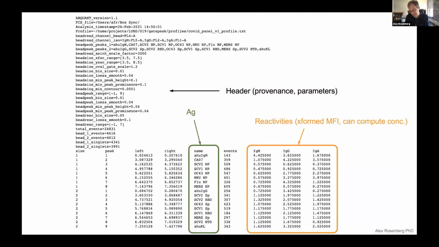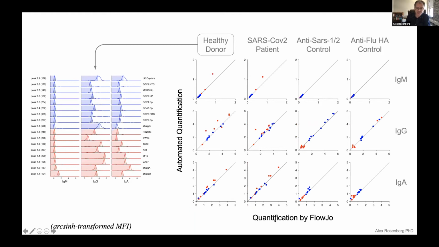The output of this pipeline is just a simple text file, or it could go into a database, which I'll describe in a minute. It contains all the parameters used in the analysis, and here you have all your features and all your reactivity values. And we compared this to